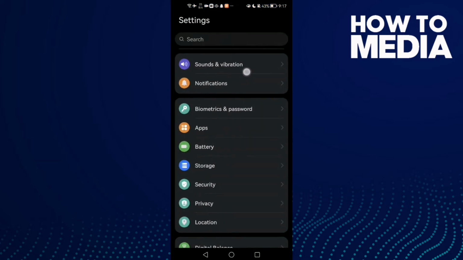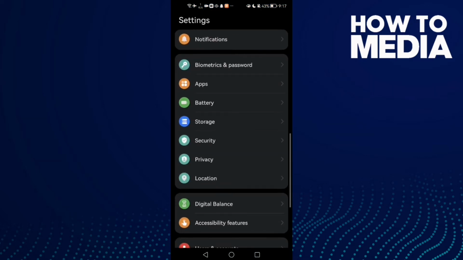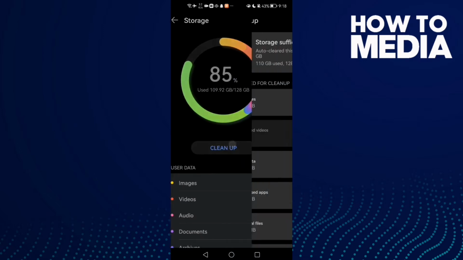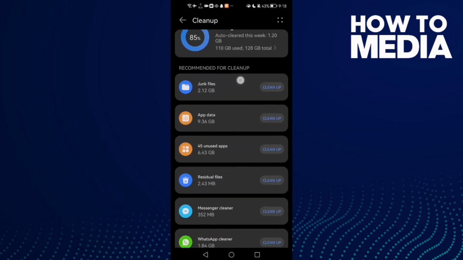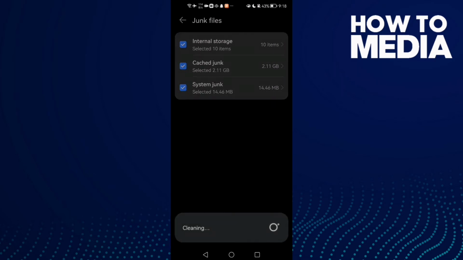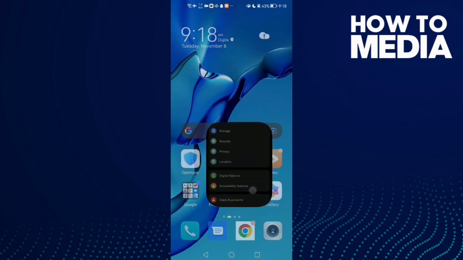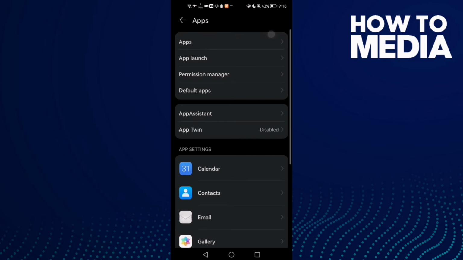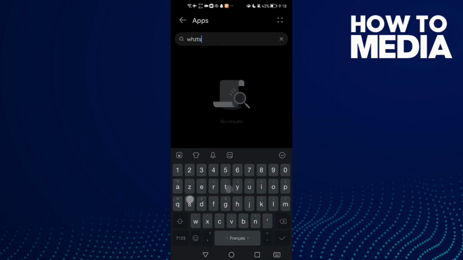First just open settings and then scroll down until you find here storage and then click clean up. Now just clean some space here. You can just clean junk files if you want or cache and click delete and then go back and go to settings and now go to apps and then apps again and type here WhatsApp